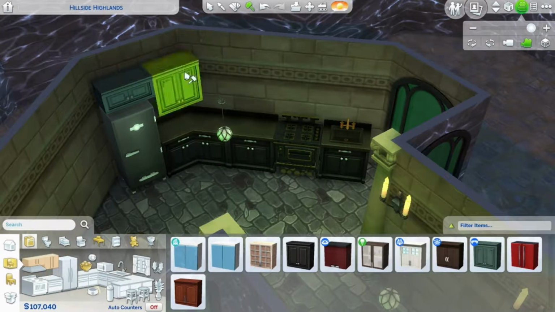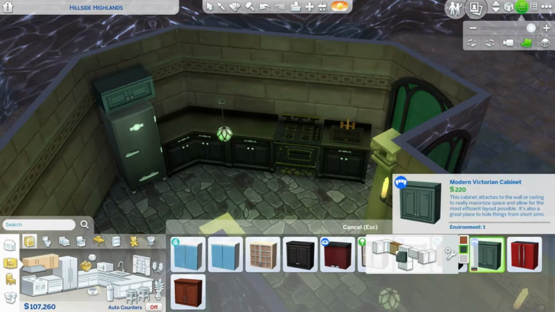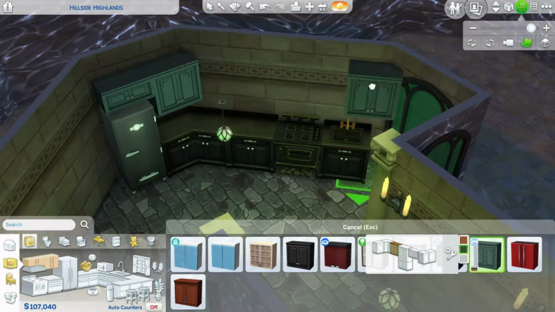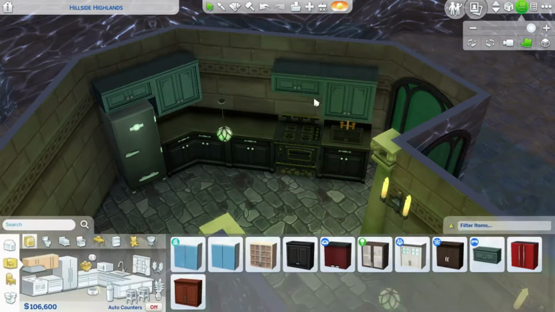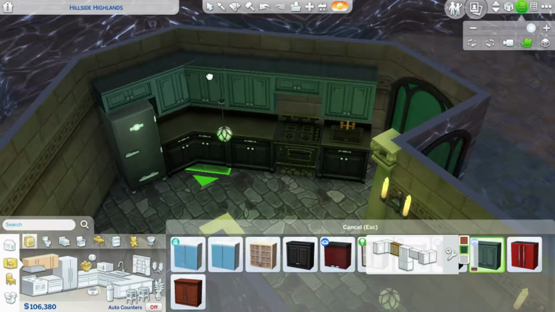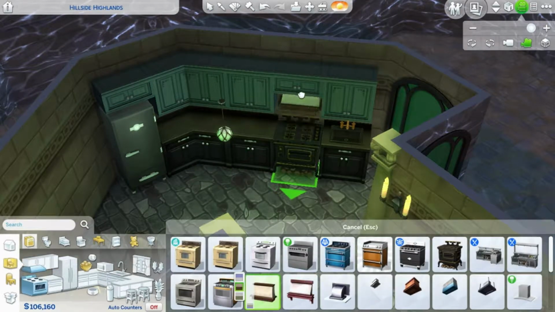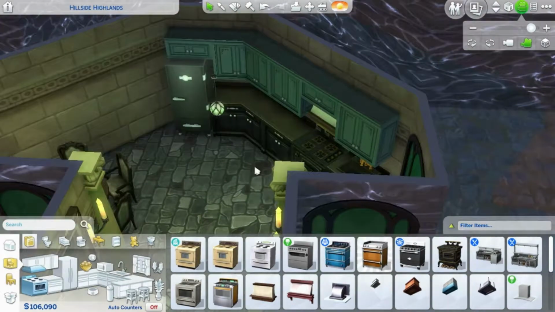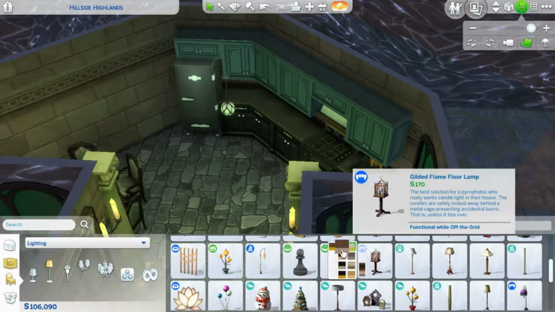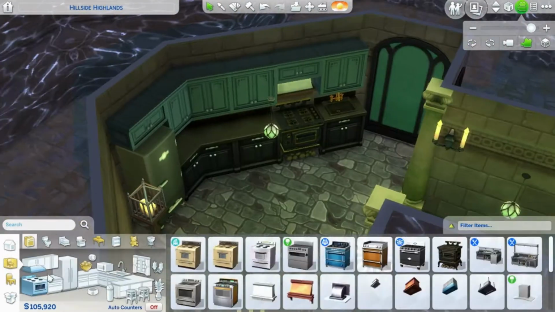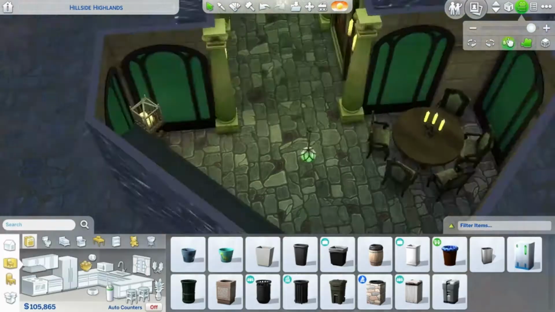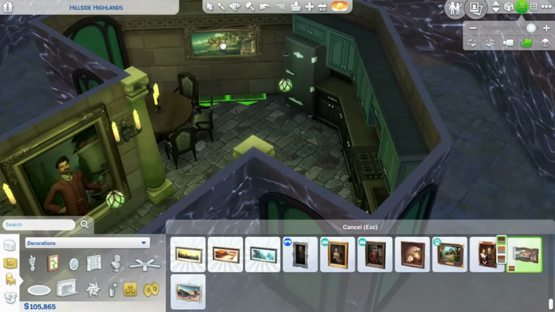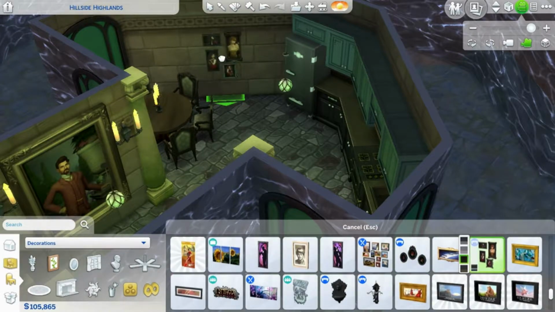I did want to use the vampire counters, because the cabinets are green, and if they had the black countertop, that would have been perfect, but they didn't. It was white. To be honest, I don't think white would suit this place really, so I went for the base game ones. Used the vampire cabinets